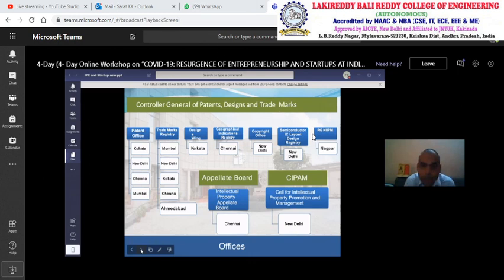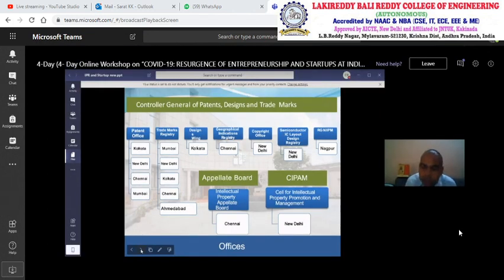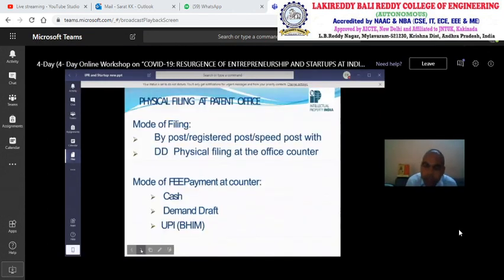Now come to physical filing. There are two methods of filing. Initially, before 2007, we asked for physical filing. After 2007, we are asking for both, you can go for physical